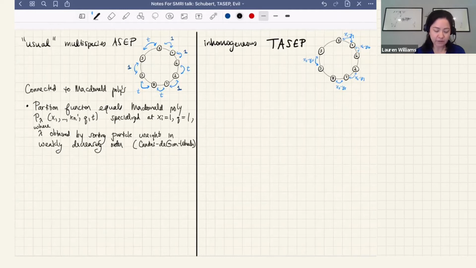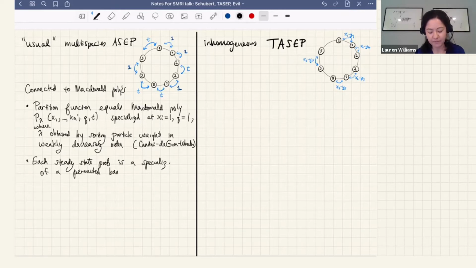And then more generally, each steady state probability is a specialization, the same specialization, of what's called a permuted basement Macdonald polynomial. Permuted basement Macdonald polynomials are a generalization of non-symmetric Macdonald polynomials. And then we showed this in a paper with Corteel and